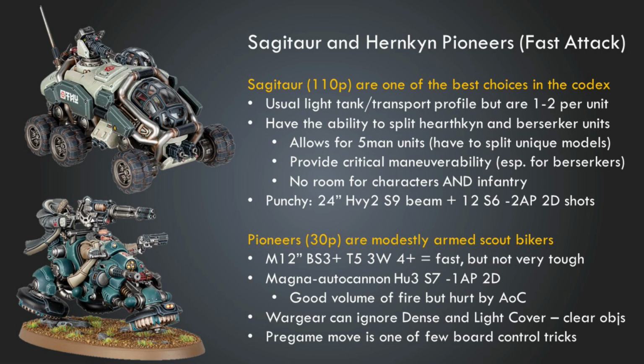But being -1 AP, they're going to be hurt by Armor of Contempt, of course, which is fairly common. Plus, they're going to be hurt by other Void Armor now, too. So that -1 AP is of variable value, of course. So, yeah, that's okay, right? That's fine. They have this thing where 1 in 3 of them, because they come in units of 3 to